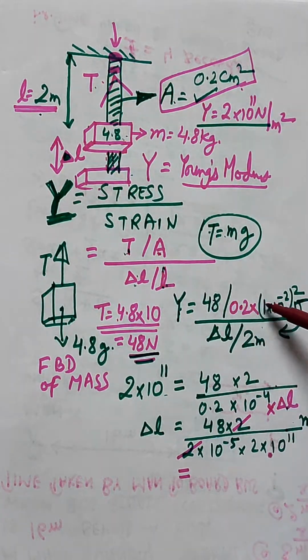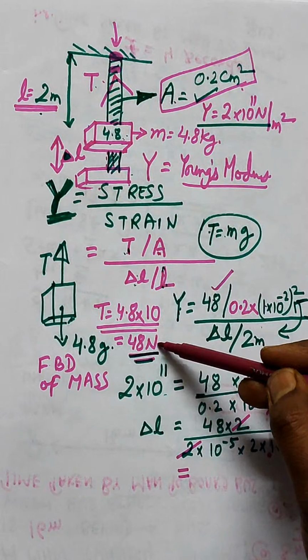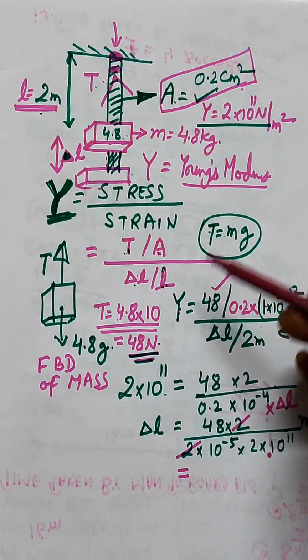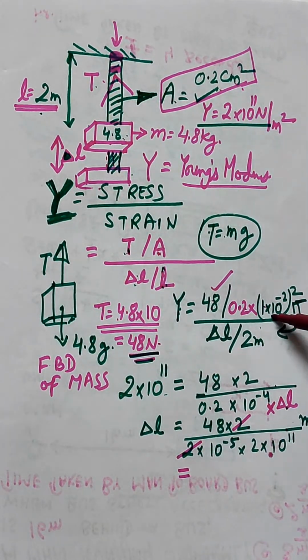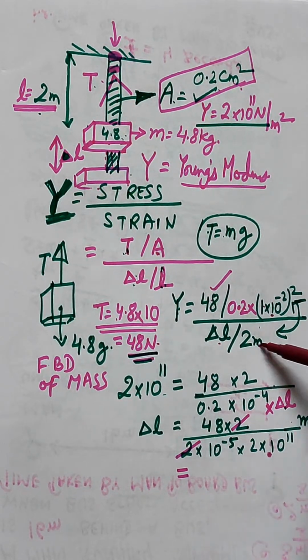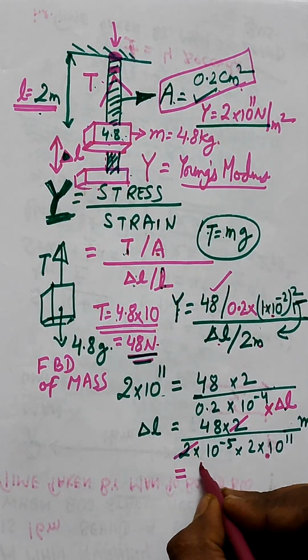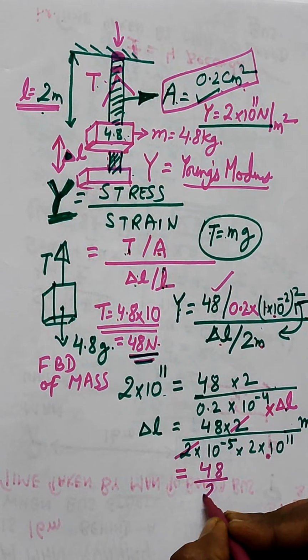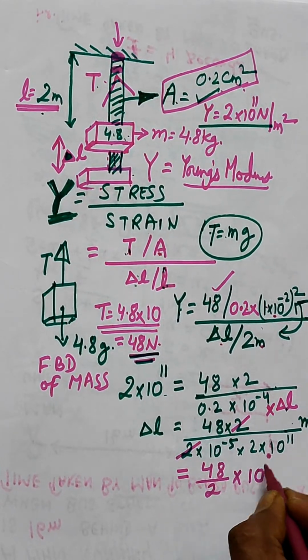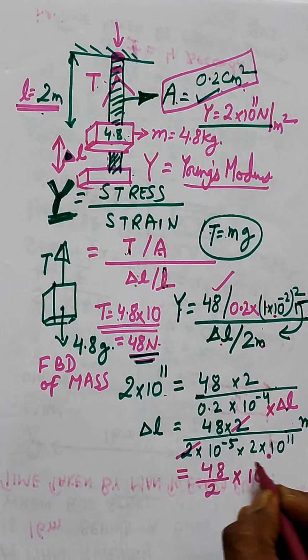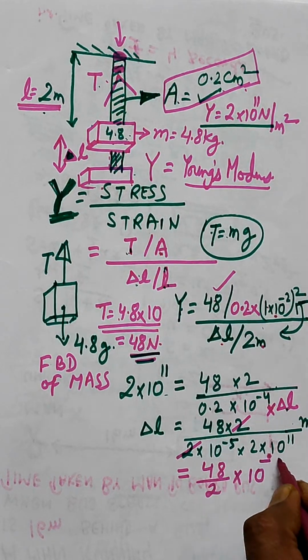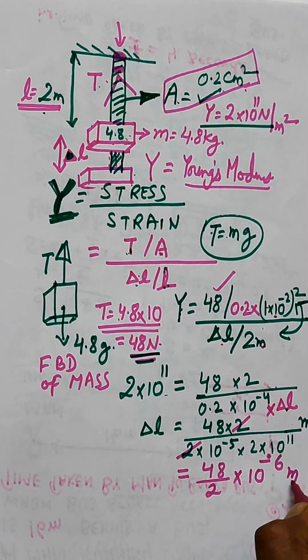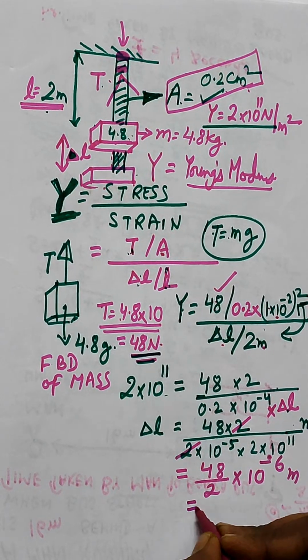Young's modulus is stress by strain. Stress is calculated as 48 Newton. Area of cross section is given as 0.2 centimeter square. Put the value over here. Delta L is this, 2 meter. That's fine. So this will be coming as 48 by 2 into 10 power 11 minus 5, which is 6. So when it goes upward, it will be 10 to the power minus 6 meter. So just calculate this value to get